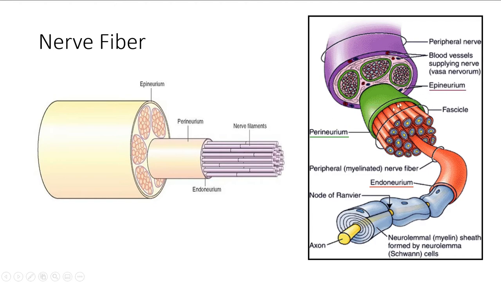Then we have the fascicular bundle, and fascicles are covered with another connective tissue membrane, known as perineurium. And if we take one neuron out of this fascicular bundle, we see that a single neuron is also covered, with endoneurium. So the innermost is the endoneurium, then the perineurium on the fascicle, and then the nerve is covered with the epineurium. These three layers are very important for our coming sessions.